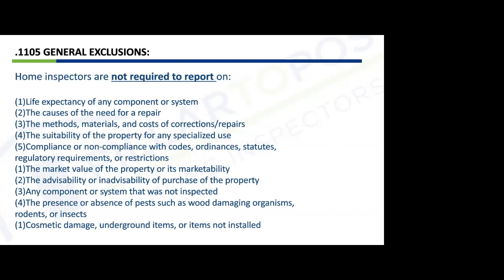We're also not required to report on cosmetic damage, underground items, or items not installed. I've got another class where we talk about underground oil tanks, which is kind of a big deal, especially in the older parts of Fayetteville. Have you ever seen two little pipes sticking out of the ground somewhere within 10 feet of the house? One of them looks like it's got a little hat on it. That's an underground oil tank. Anytime you see that, you should absolutely